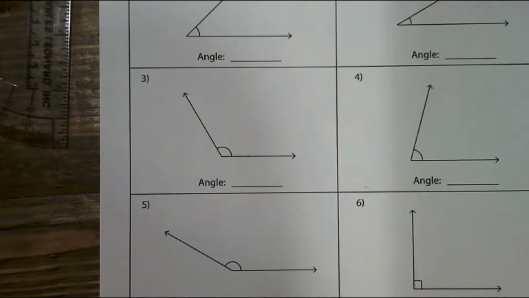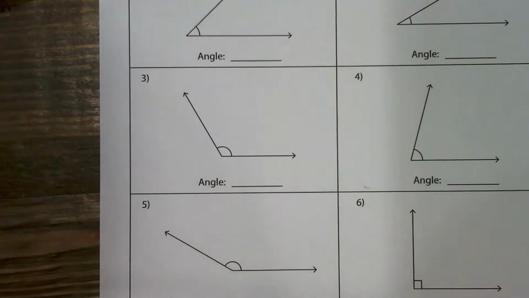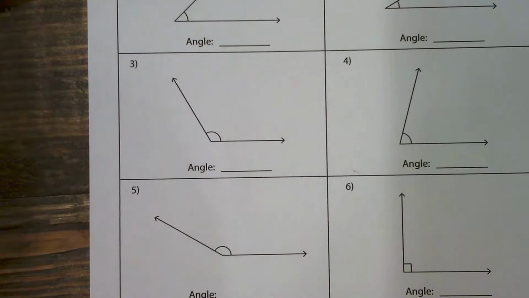Today we're going to talk about the protractor. We've learned a little bit about it in school. We've talked about it. We use it to measure angles. We've talked about the three different kinds of angles. We've got the acute angle, the obtuse angle, the right angle, and the 180-degree angle, which is just the straight